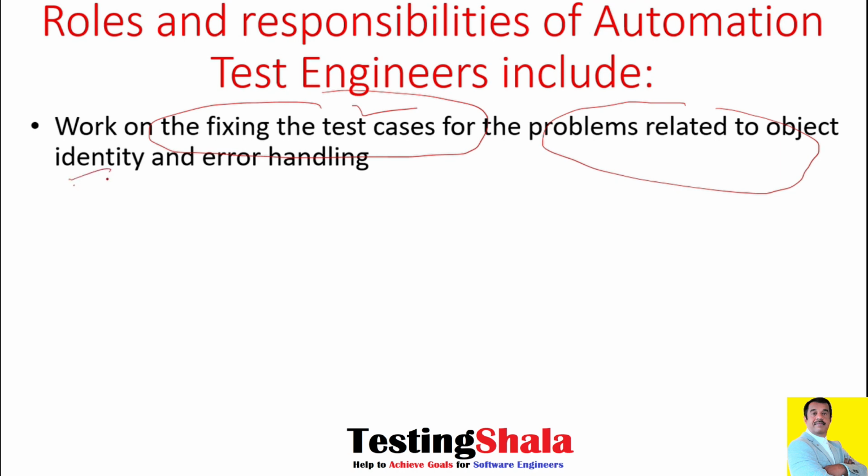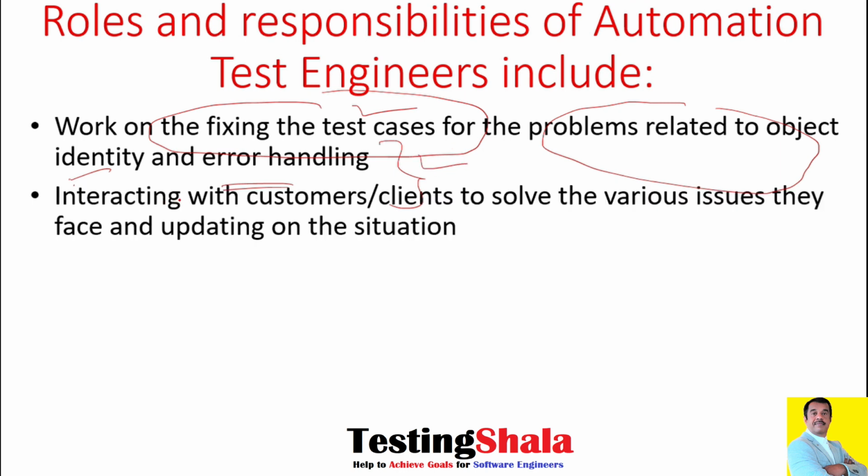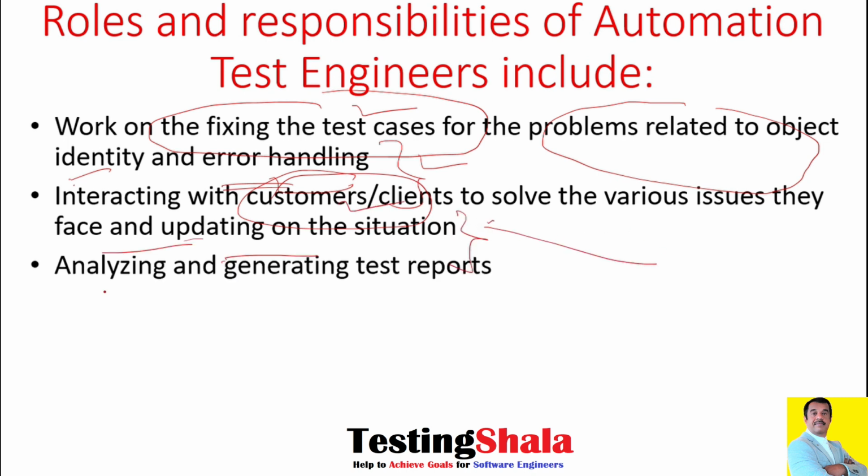Then you should be able to identify those objects and correct them, and the right kind of error handling mechanism should be there in your automation framework and scripts, so that it can run smoothly. As a test engineer, it should be your responsibility to interact with the customer or client to solve various issues. Once the results are out, you should be able to analyze those automation results and generate the report,